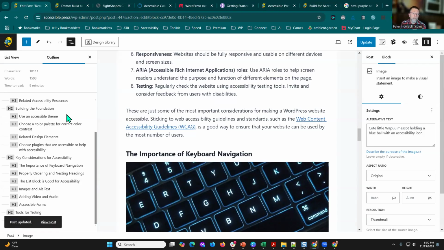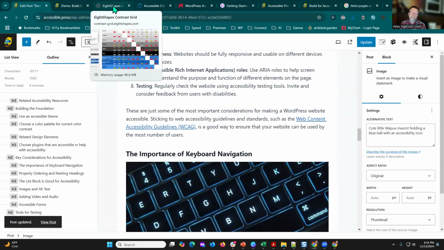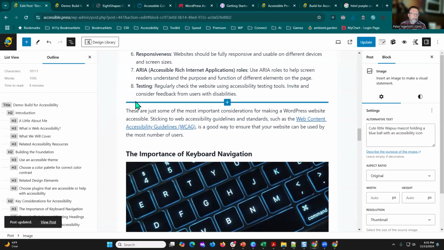Now, if you want to do that, you can use the typography settings that are now coming into WordPress core, or if you're using something like Cadence blocks, the advanced text block is great because you can bring it in and say this is a heading, or I'm going to make it a div and then set the attributes. But